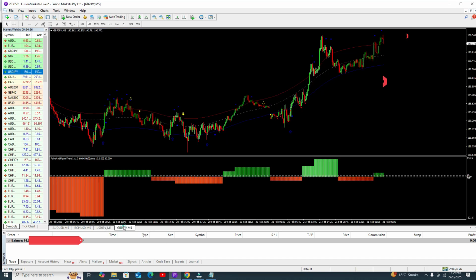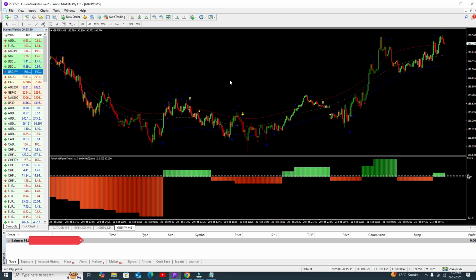And there is one more important thing here. This is MT4. The previous one was for binary options, but this you can use in 5 minute, 15 minute, 1 minute, 30 minute, even in all time frames. Actually this indicator is simple. This band indicator is available free of cost on TradingView, but the remaining indicators are not available free of cost. These are my indicators. And how it is working, let me show you.